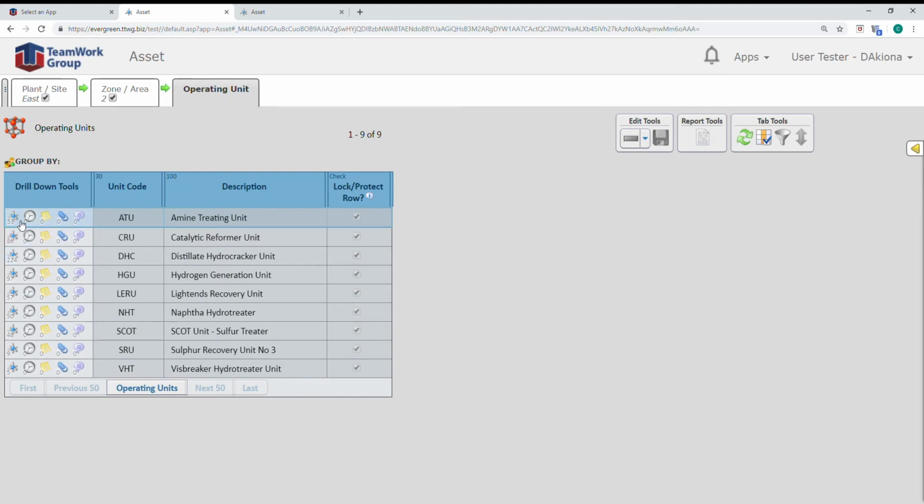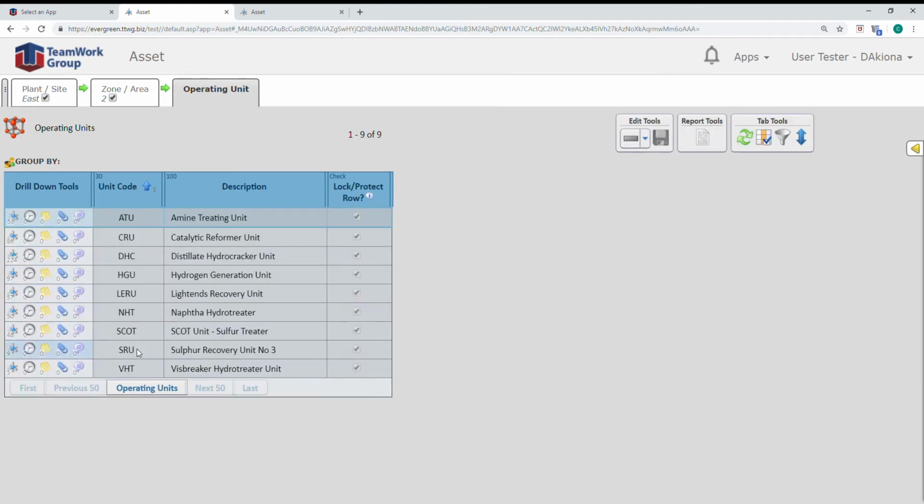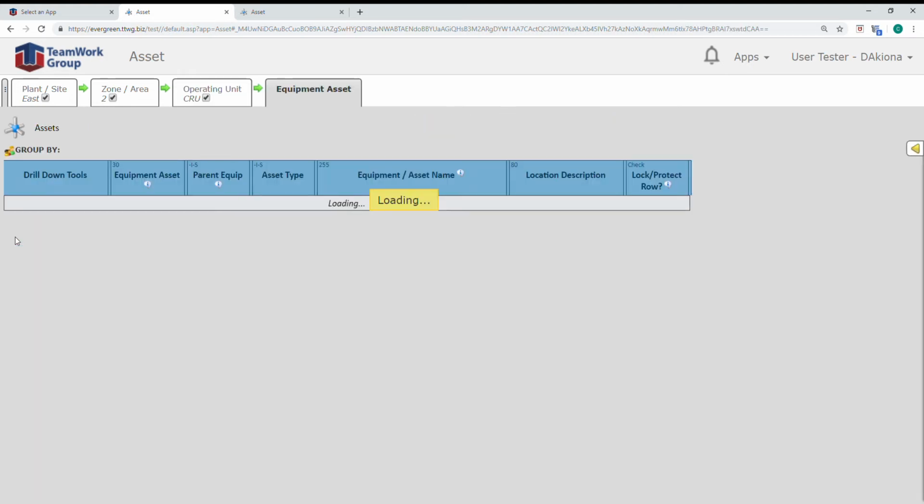And we have again a series of rows, in this case 9, and if I click on that, I've got an alphabetical list of those units in zone area 2 in the east plant. You can see that we've kind of got a reminder of where we drilled from. And if I drill again into the CRU unit, I can see there's 86 equipment assets, and if I let